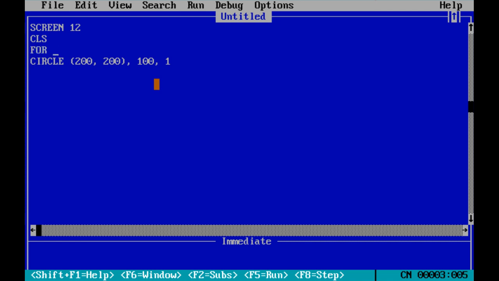For I equal to 5 to 200 step with increment 5. Circle (320, 240) with the radius I and color 50.